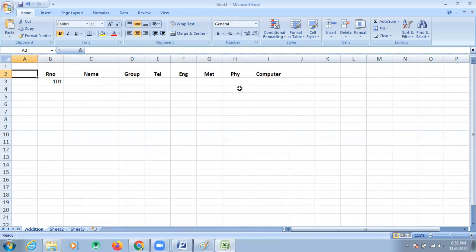First, you open the MS Excel worksheet. Then select the cell. In this worksheet we are entering student data. So first I selected the B2 cell, then I entered roll number, then selected C2, then I entered name, then D2, same like that.